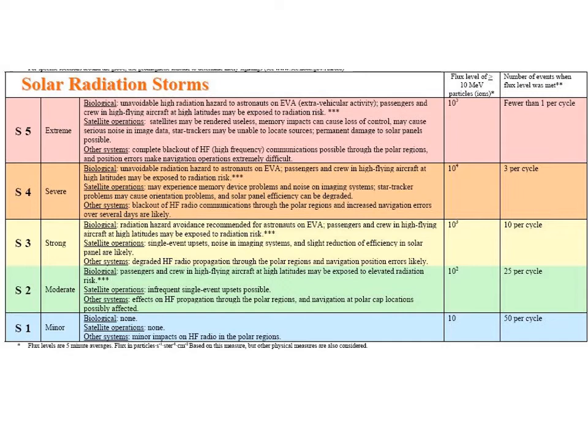Solar radiation storms are also ranked from S1 to S5. An S1 storm is a minor effect. An S5 storm is major. An S5 storm in 2003, for example, caused anyone who happened to be in a transatlantic aircraft at the time to receive a couple hundred chest x-rays worth of radiation during the course of the flight. So these S5 storms are nothing to be trifled with.